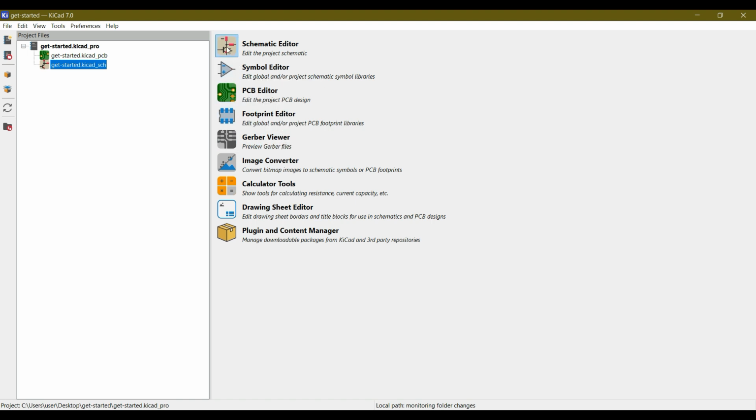So if you run a tool, like if you run a schematic editor, this will open up the schematic file of this project, which is this one, get started.kicad_sch, means schematic extension. Similarly, if you open a PCB editor, this will open the PCB file of this project, get started kicad_pcb. So if, let's say, I open this schematic editor by clicking over here on the schematic